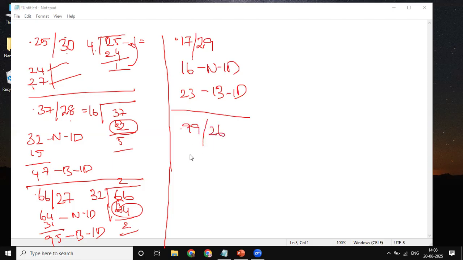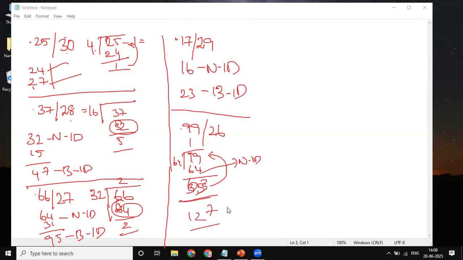99/26, that is what? 64 is the block size. So 99 divided by 64 is 1 times 64. Correct. So I'm going to minus this, and 64 will become the network ID. Then I have to add plus 63, so 127 will become the broadcast ID. Correct. Okay. And then